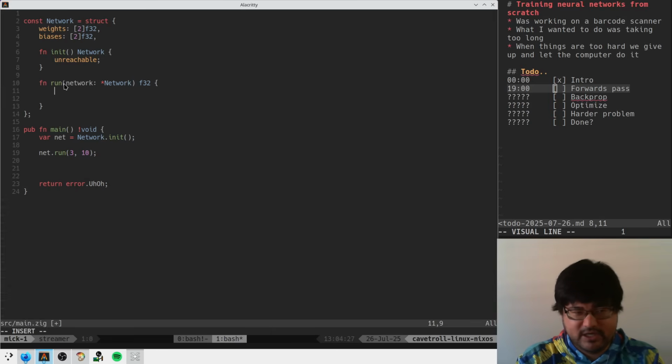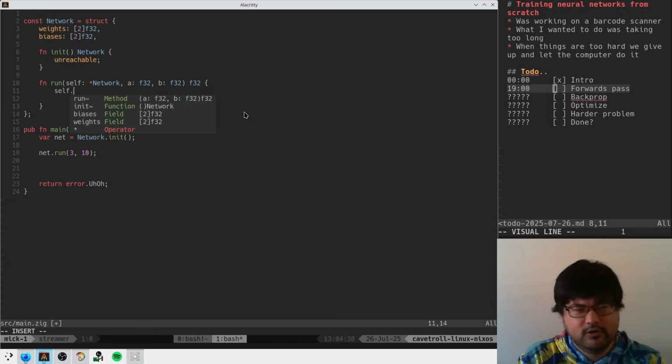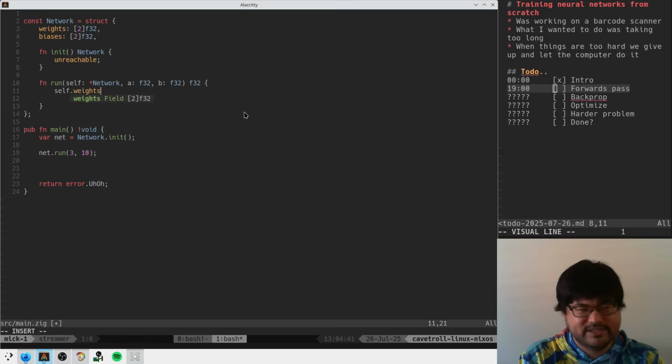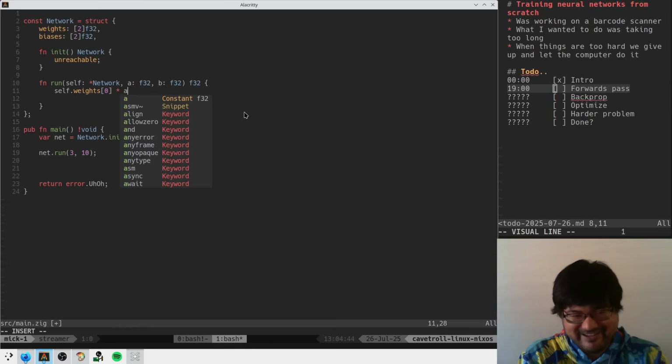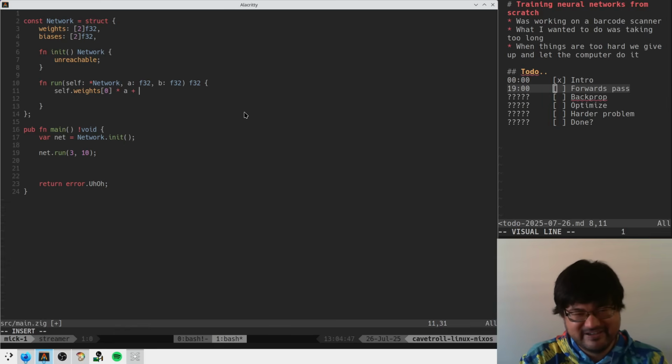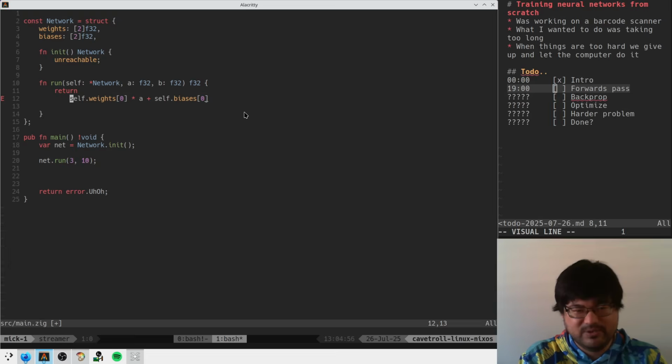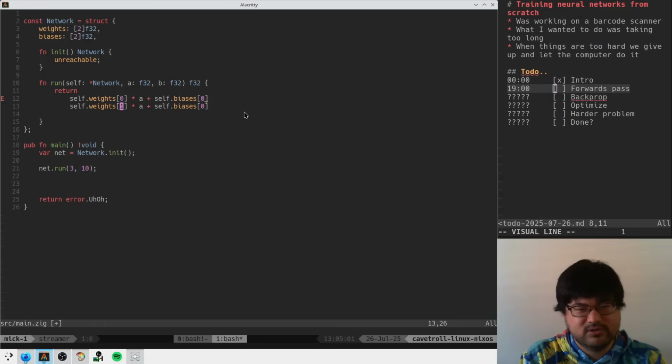And what is he gonna do? He's gonna run this by multiplying these guys together. So we say self, with A and B: weights 0 times A plus biases 0. Hold on, we're getting somewhere. We take these guys, and then we add in the second weight and bias. So slap one of these on here. And then all of these go through